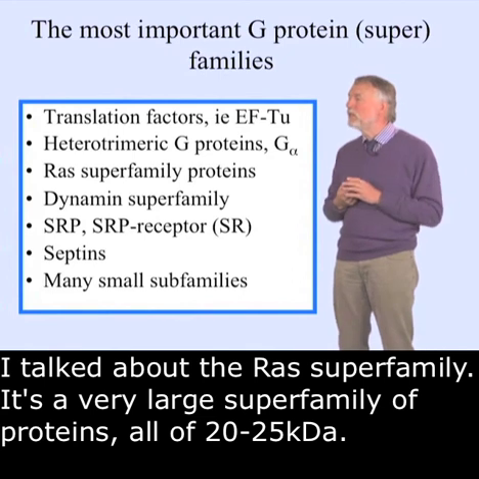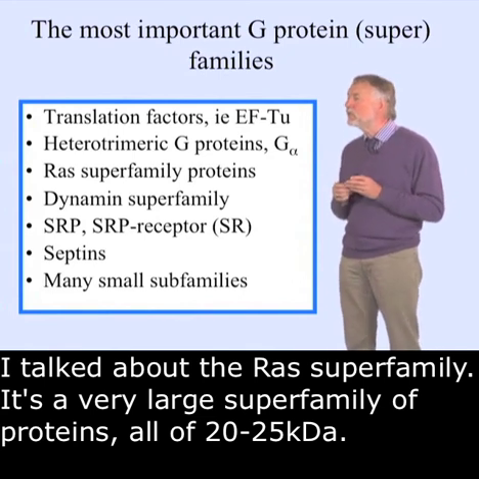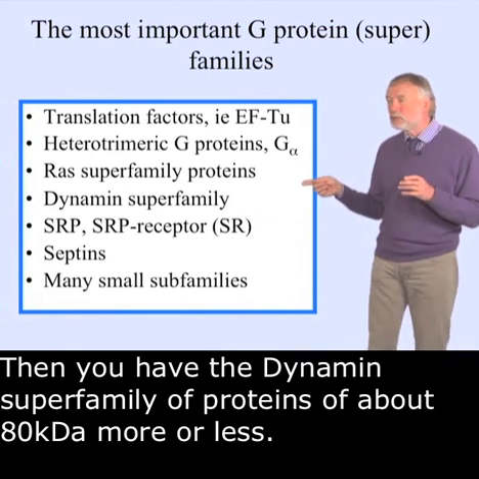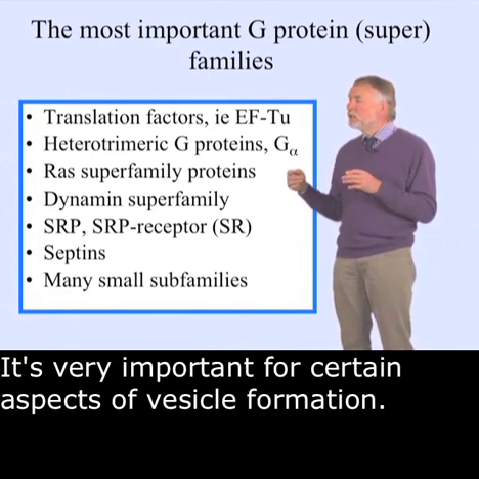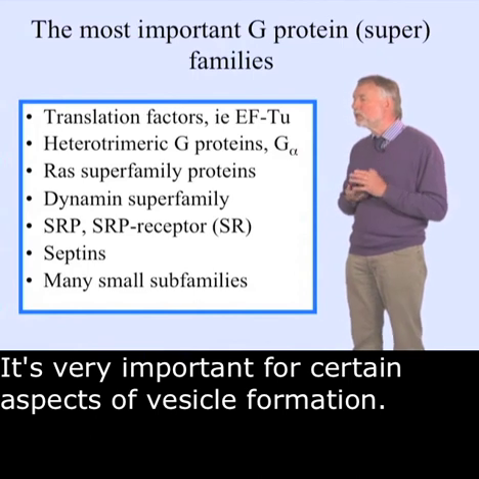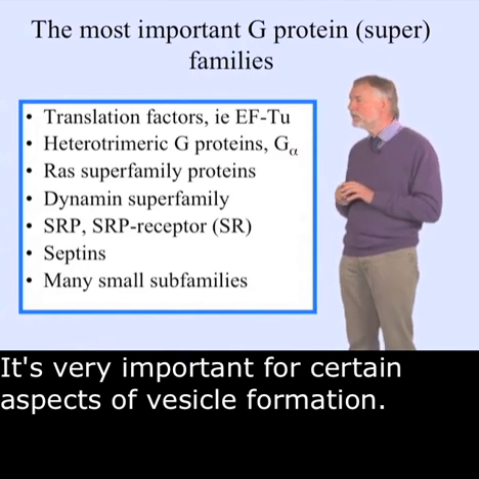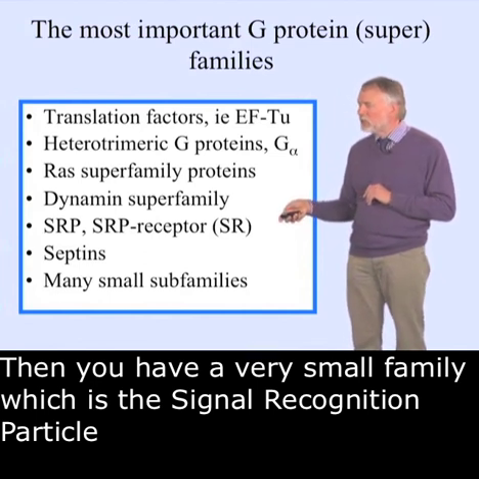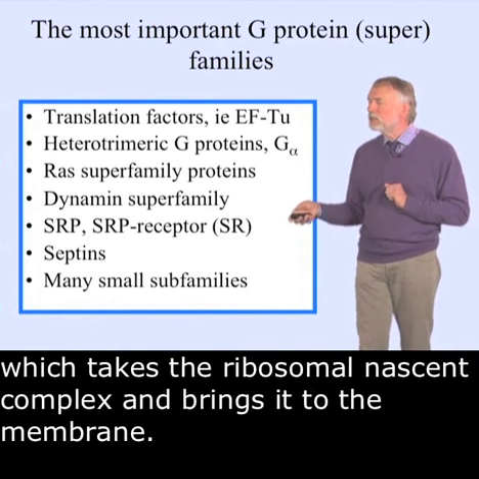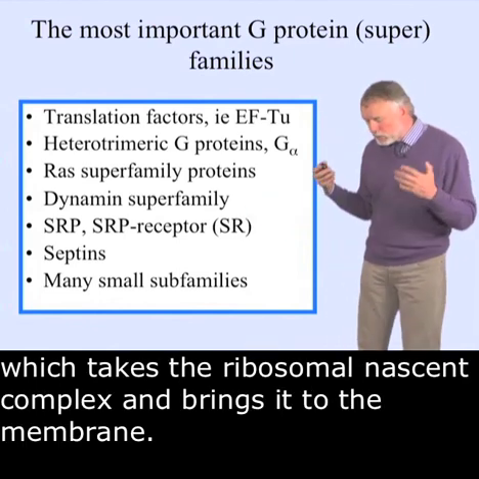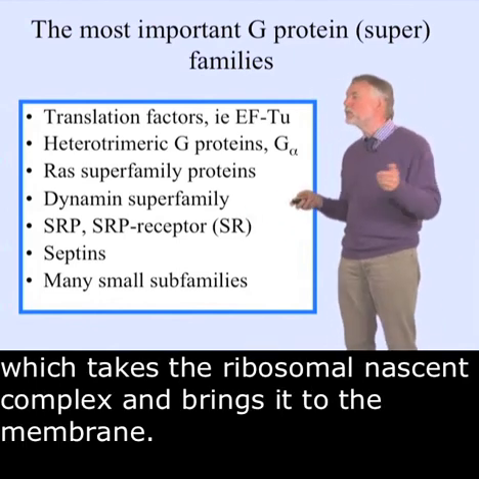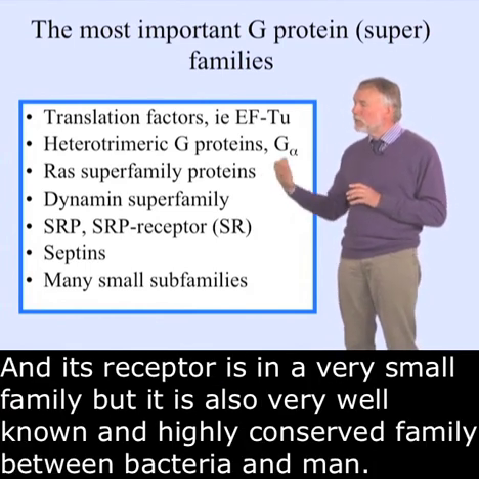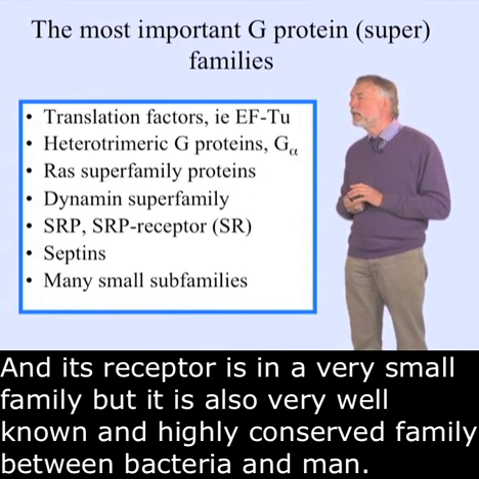This is a very large family of proteins, all of 20 to 25 kilodalton. Then you have the dynamin superfamily, proteins of about 80 kilodalton, more or less. Very important for certain aspects of vesicle formation. Then you have a very small family, which is the signal recognition particle, which takes the ribosomal nascent complex and brings it to the membrane. And its receptor, this is a very small family, but it's also a very well-known and very highly conserved family